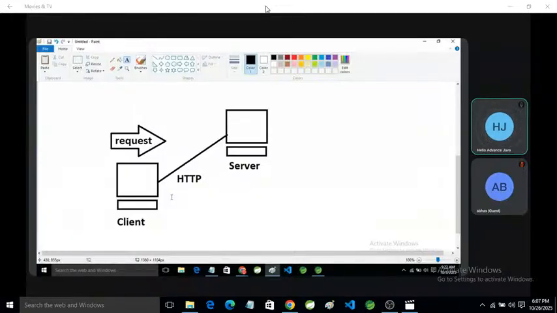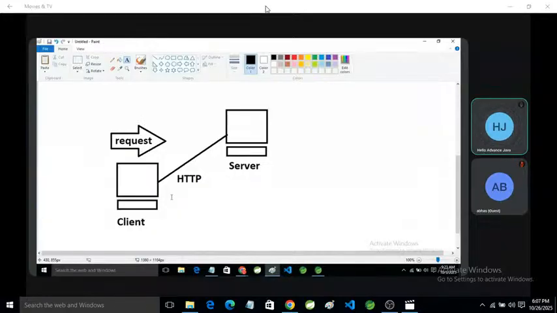If it receives a request for a static page, all static pages already exist in the server, already saved there. So if you send a request for a static page, the server only searches for that page and downloads it on the client machine, and the web browser displays that page on the screen. So sending a request for a static page is very simple.